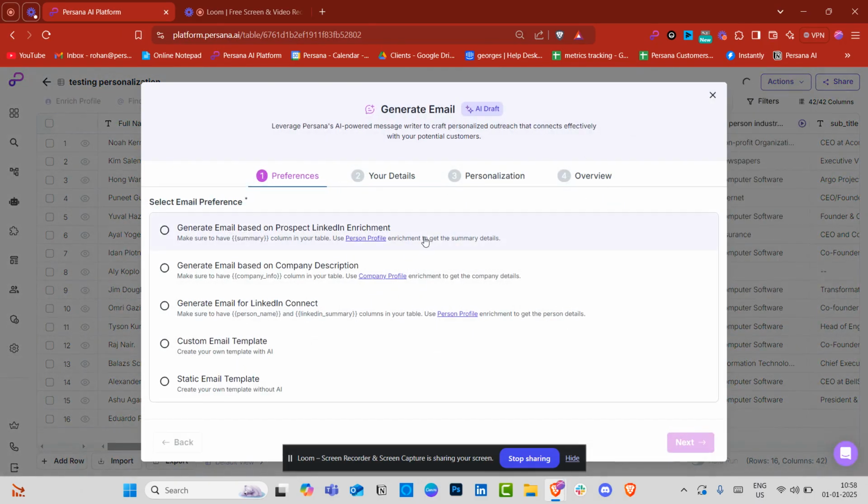Now, before we even go into all of this, right, we have these different ways to personalize your emails. For example, you can generate email based on prospects LinkedIn. You can personalize based on the company description. You can generate an email based on their LinkedIn information and custom email templates and all. So even before we get started with anything, all you have to do is select the personalization that you want, right? And after that, let's say for example, I want to generate an email based on prospects LinkedIn enrichment,